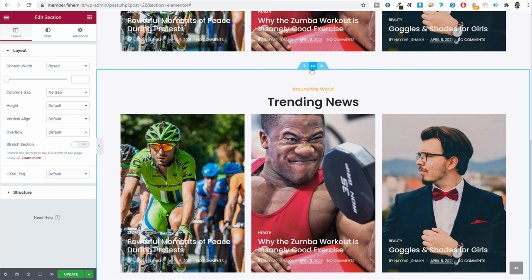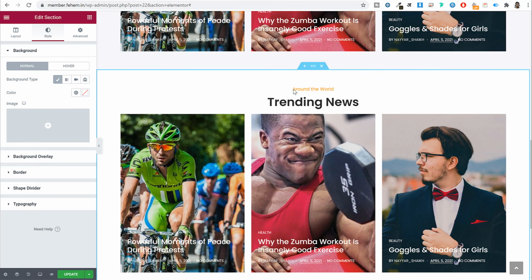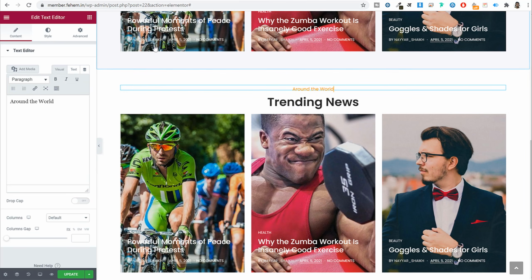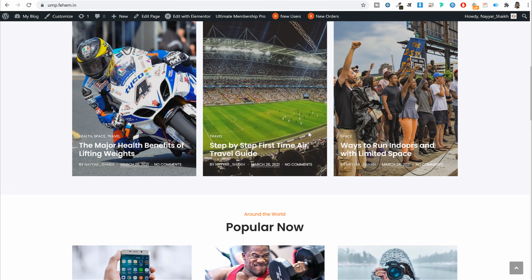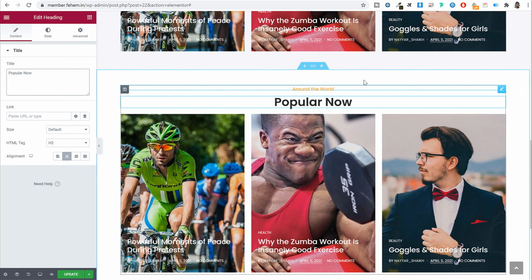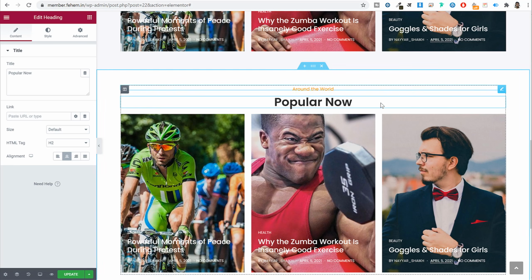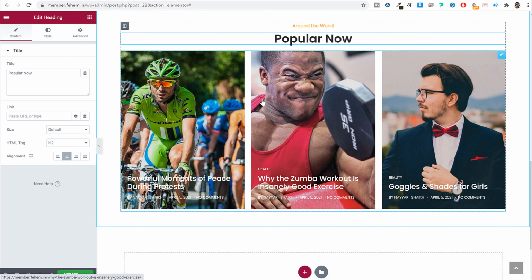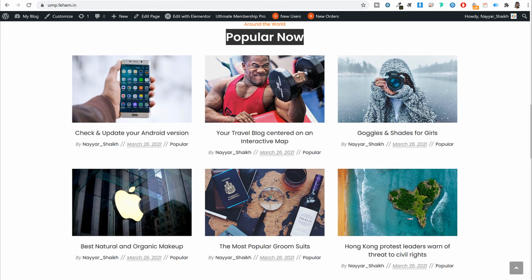Very first thing I want to do is go to edit section and delete this background color. So I'll clear this background color. Now the background color is gone. If you want to change the subtitle, you can change it. And if you want to change the title, click on that title. And this time it says popular now. So I'll just replace the title, and now we don't have to do this styling. We don't have to change the typography, size and all. Everything is automatically done. Now I'll delete this option, and instead of this, we'll add this grid option.